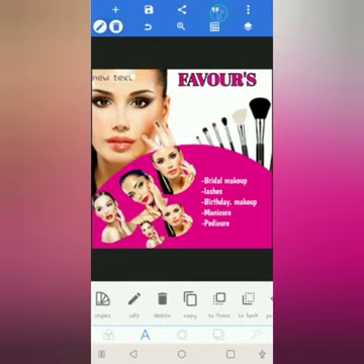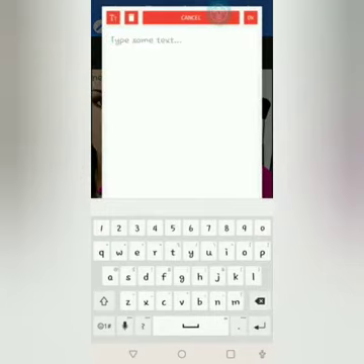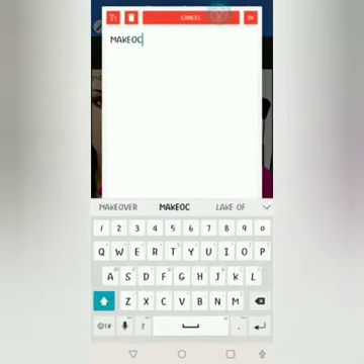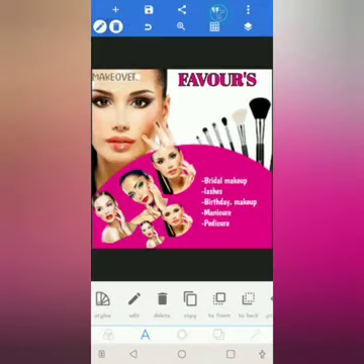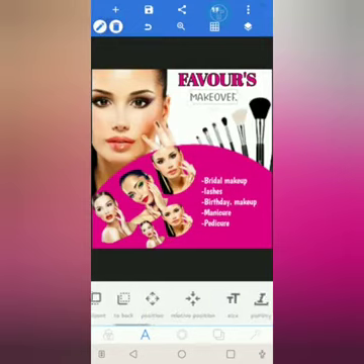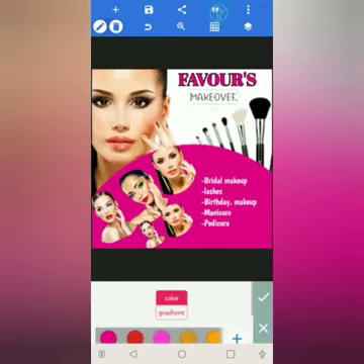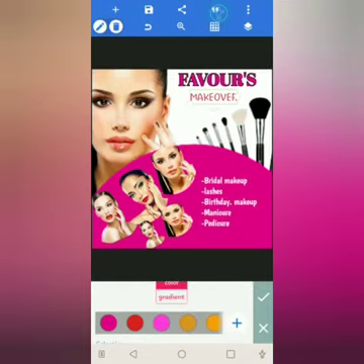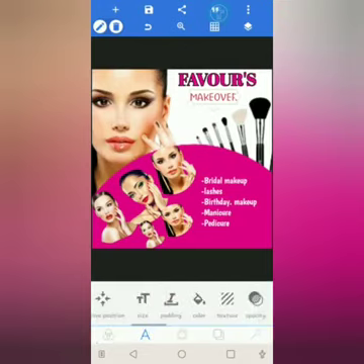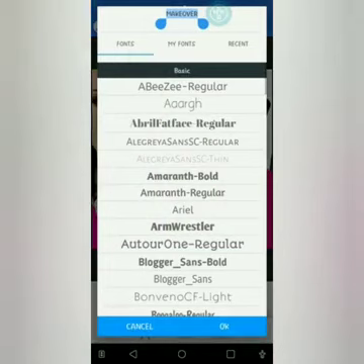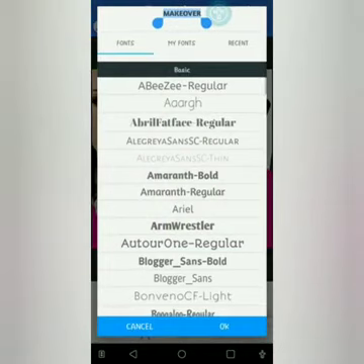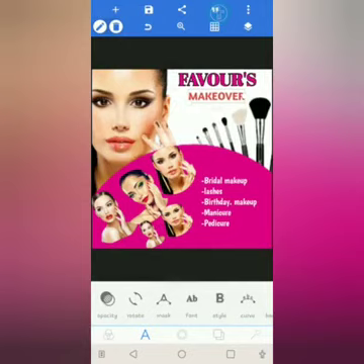Next I want to write another thing, and then I'll write makeover, Favor's makeover. Then I'll bring it here, I'll reduce it a bit, leave it like this. Then I'll come to my color as well. I'll be using red for that one. Then I'll come to my fonts. I'll use this Amaranth Bold. Okay, so this is it. Now I also want to give